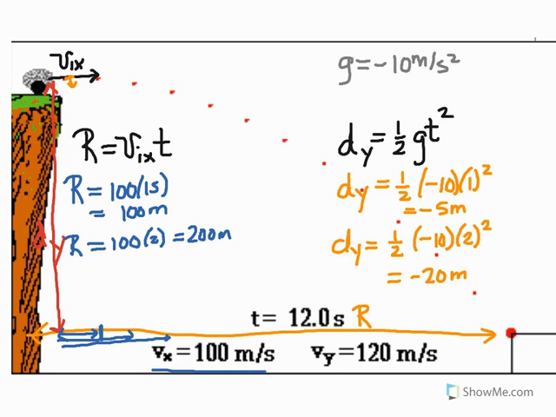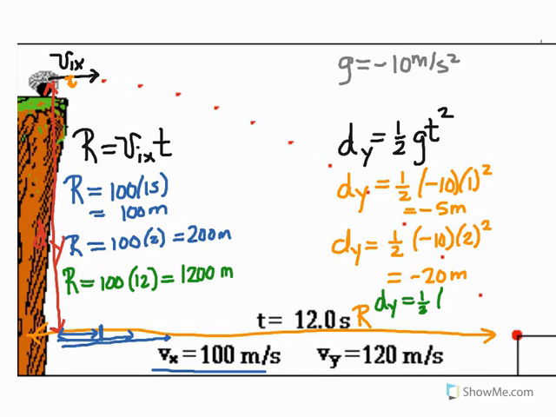Let's do one more example, and let's say after 12 seconds. After 12 seconds, my range would be 100 times 12. That means we will have gone horizontally 1,200 meters. And vertically, let's see what this is going to be. I take dy equals 1/2 times negative 10